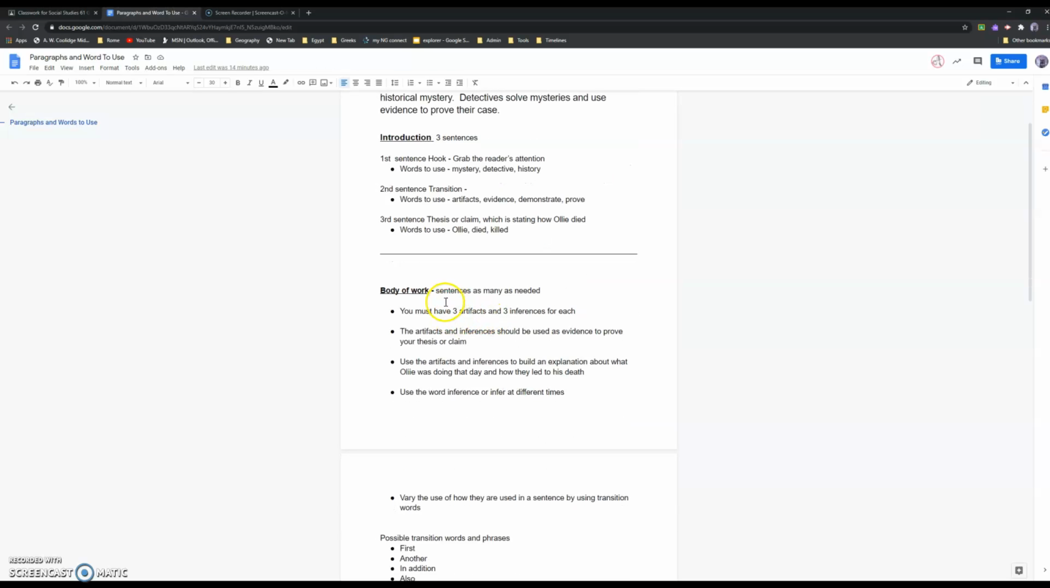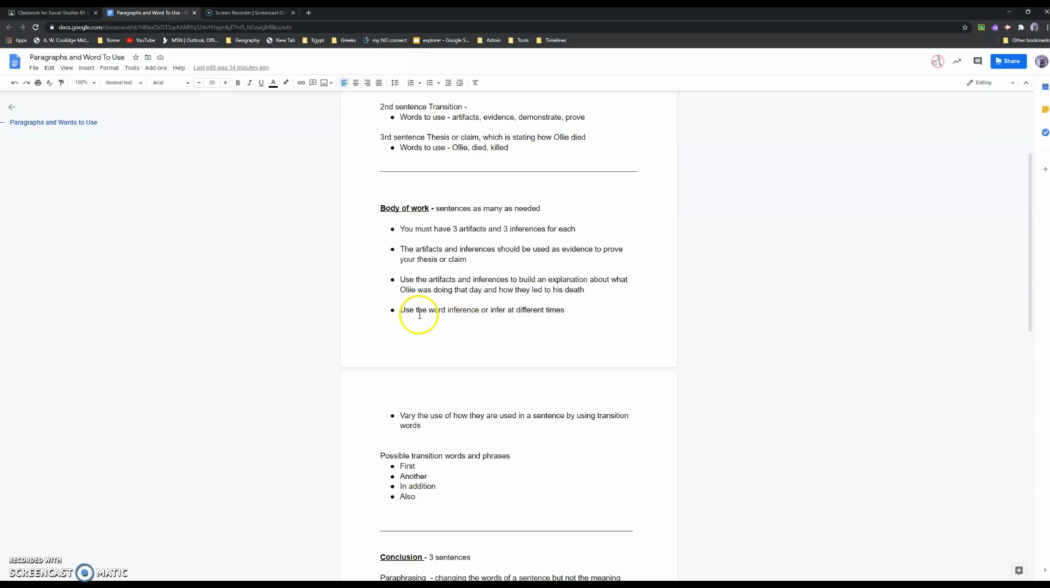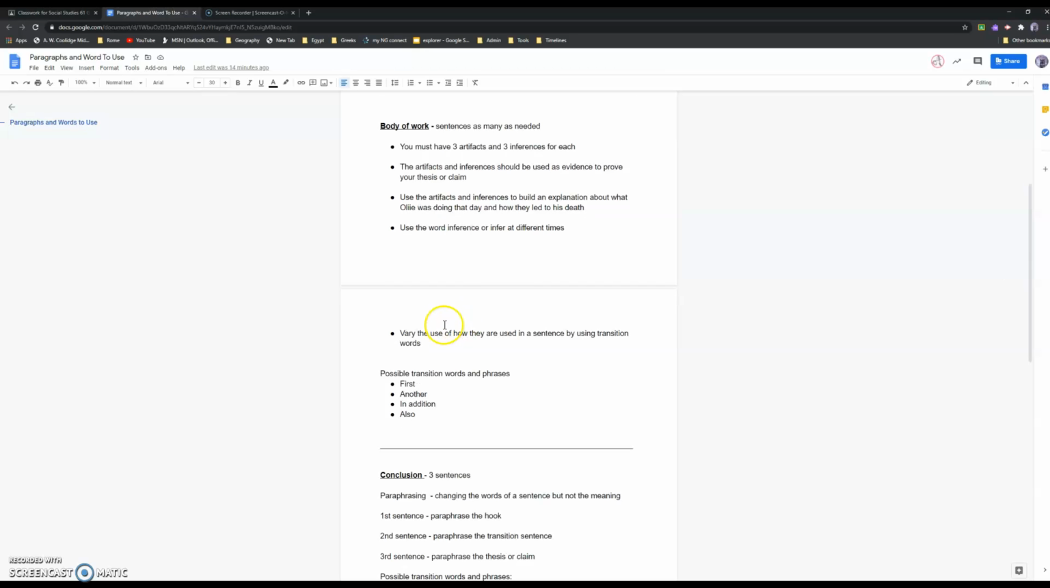Okay, the body of work. 3 artifacts and 3 inferences for each. This is used to prove your claim. So you're building a case here, an explanation of what happened that day and what led to his death. You should use the word inference or infer as you're introducing some of these. You don't have to use it every time you introduce an inference, but you should use it periodically throughout the paragraph. Vary the use of how each sentence begins,